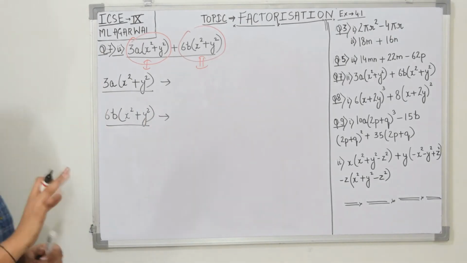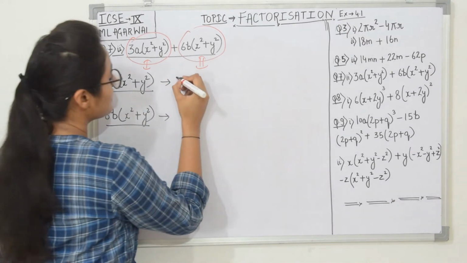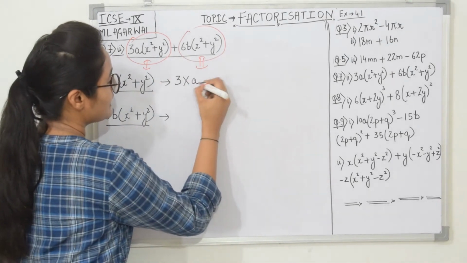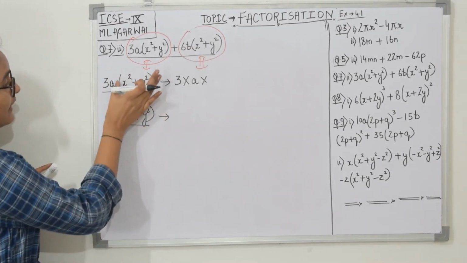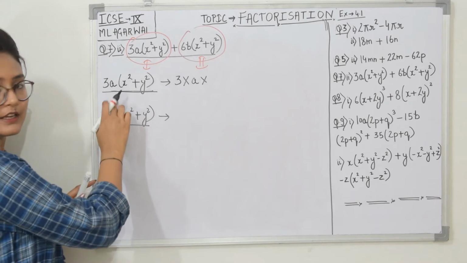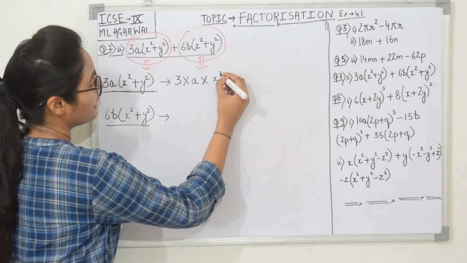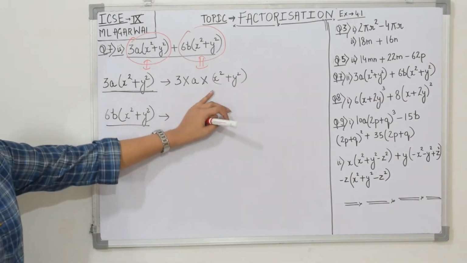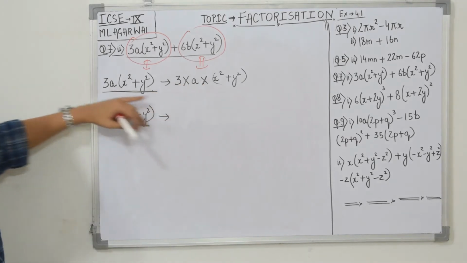You don't have to do anything, these things are not going to make a difference. Again I am saying, see, 3a, just write it down in the form of multiplication. 3a can be written as 3 into a, and x square plus y square is inside the bracket, from the question only you must be getting it. It is in the multiplication form with 3a. So just put the sign of multiplication here, and your x square plus y square, just close the bracket. So this is the basic factorization of this whole term here.